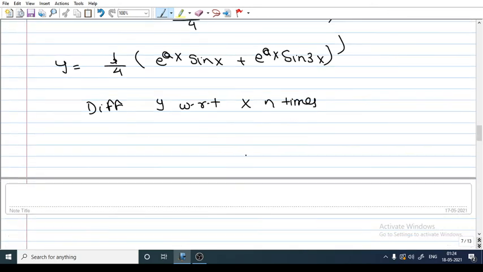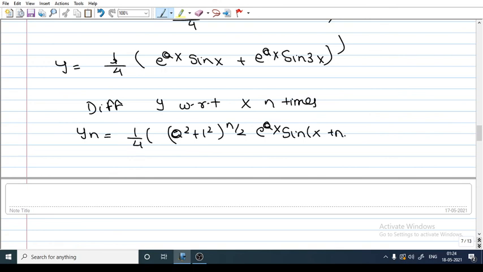Okay, what you are getting? yn is nothing but 1 by 4 into (a square plus 1 square) the whole power n by 2 into e power ax sin (x plus n into tan inverse b by a, means 1 by a) plus (a square plus 3 square) the whole power n by 2 e power ax into sin (3x